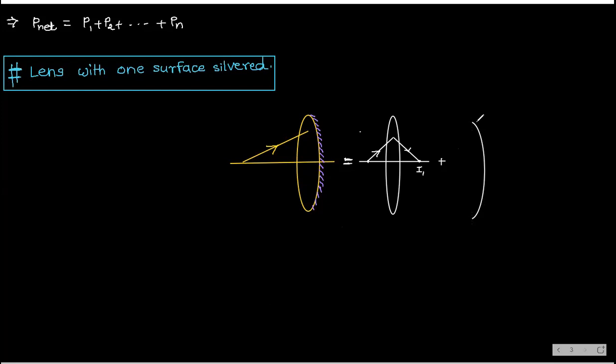कैसे है थोड़ा सा ध्यान से सुनो. Now this is a mirror. Okay, right. And this is what? Principal axis. So due to this mirror now, what happens? This is image I1 now. This image is behaving like an object for this, right? So where is this? Somewhere here inside. And this is the virtual image, right? This will behave as an object. So here is I1. Whatever image formed because of this, that will behave as an object for this mirror.